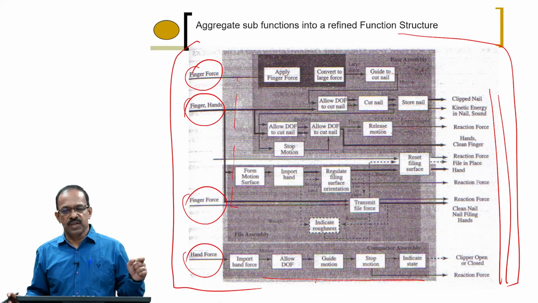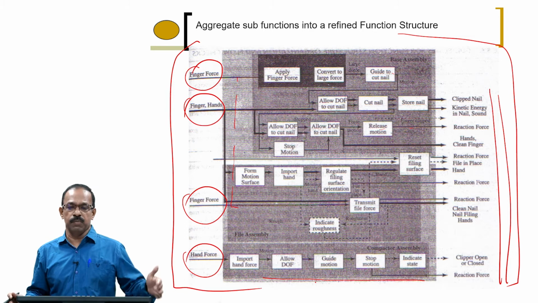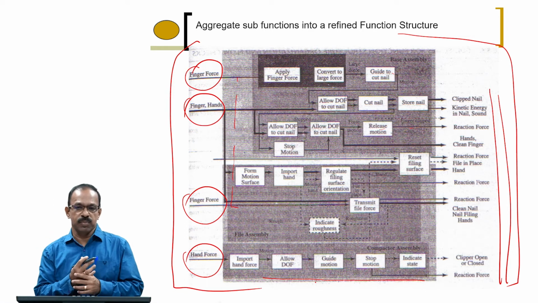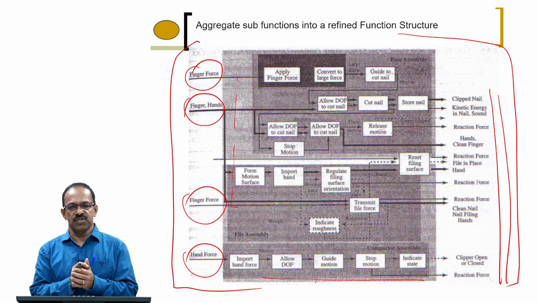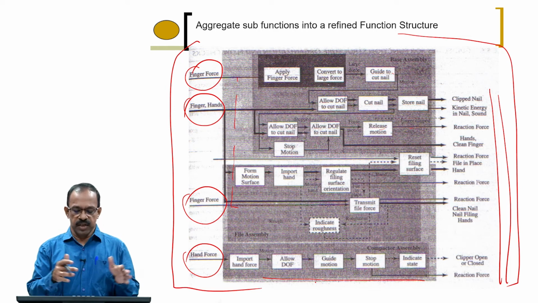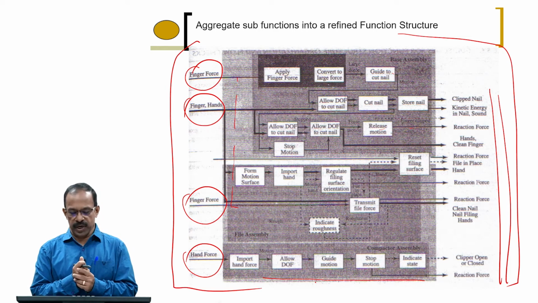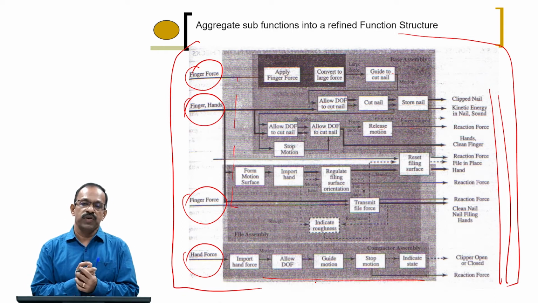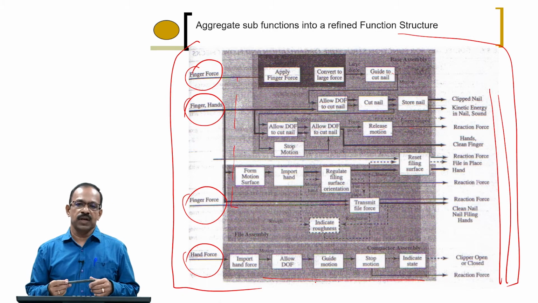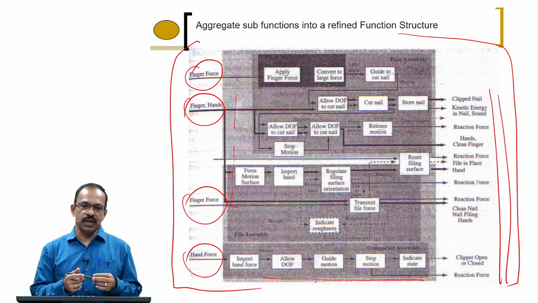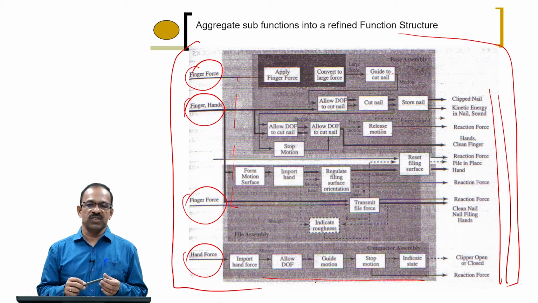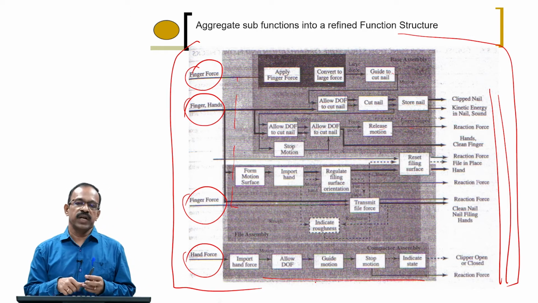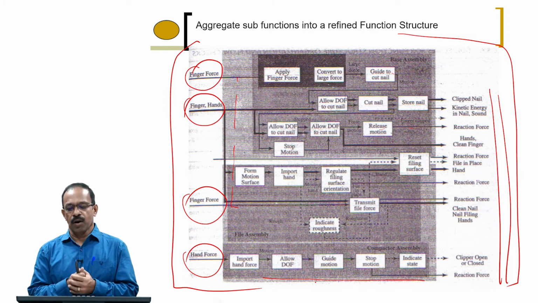The previous ones which we showed were for individual requirements, and there may be many requirements. You look at all those requirements, try to get those functions, and then aggregate all these sub functions into a single structure that shows the complete functional decomposition of the product. So, this is how we use the flow method to decompose the functions into sub functions. All those sub functions are important for any product, and then the designer has to look at these sub functions and see how these functions can be provided in the product by developing appropriate concepts.